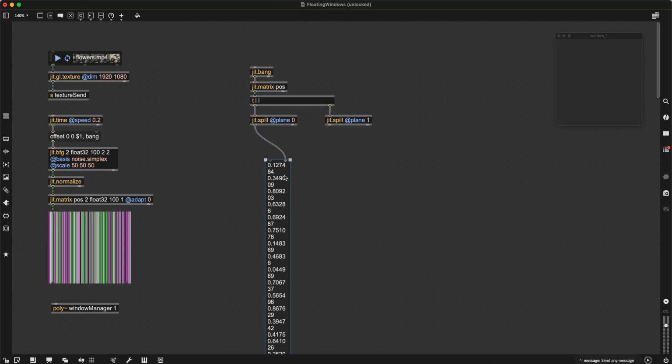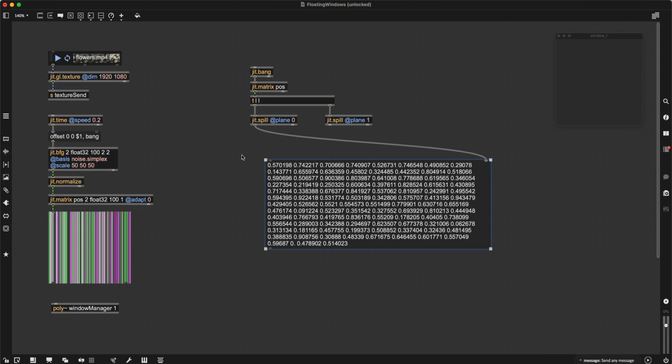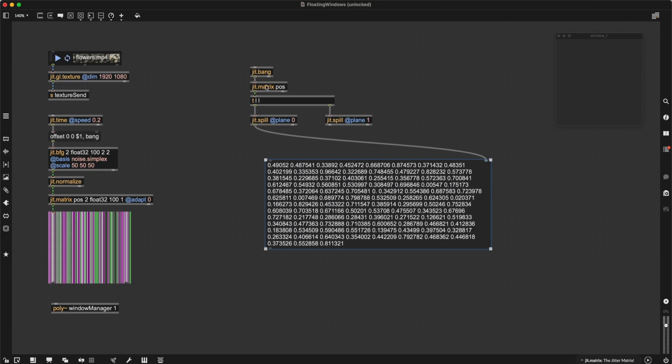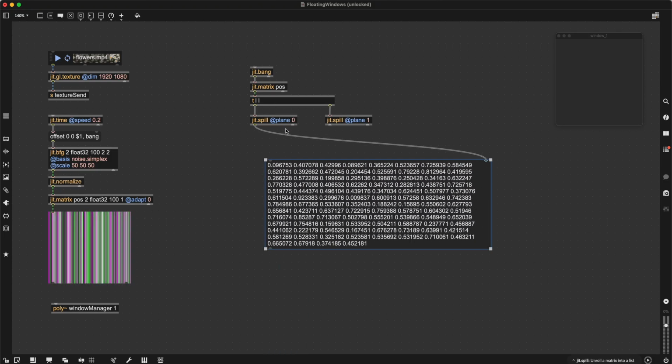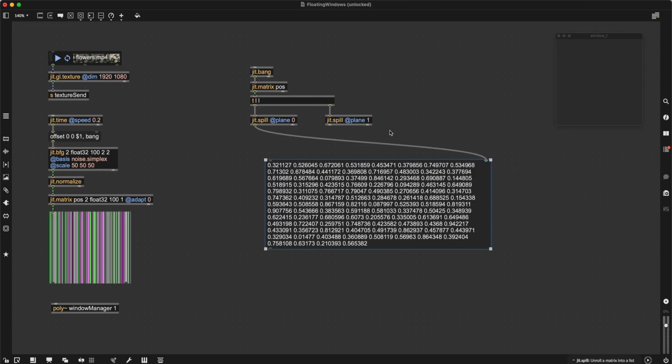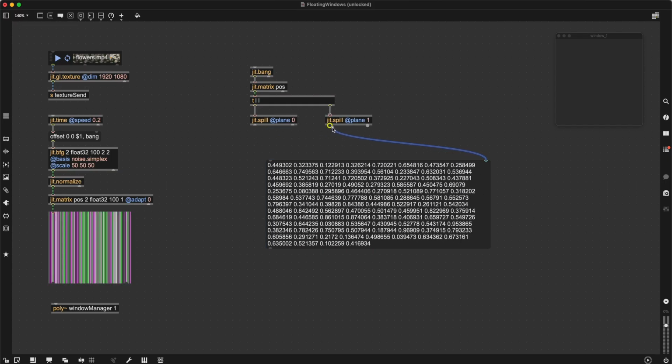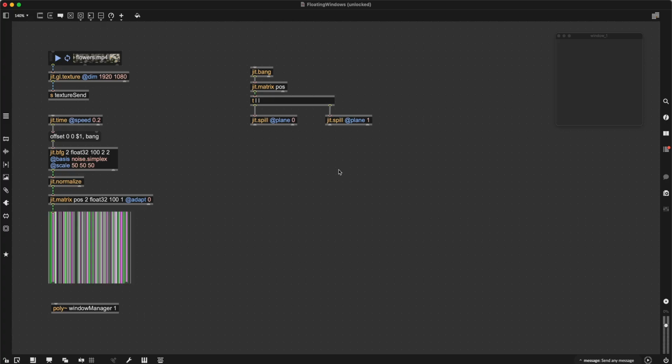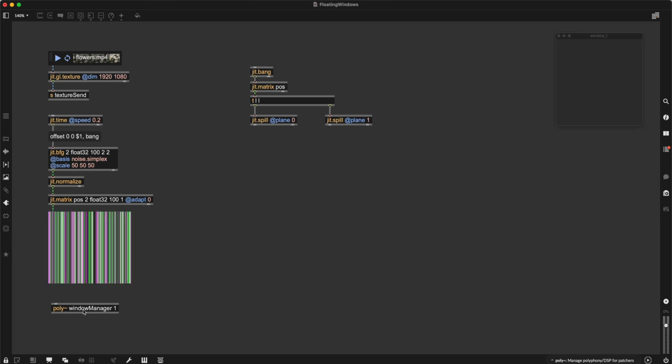Then, yeah, we can already see that we're getting 100 values for the x position and also 100 values for the y position. But in here inside of the poly object, I only want the position that is corresponding to the actual instance. So in order to get this, we can use